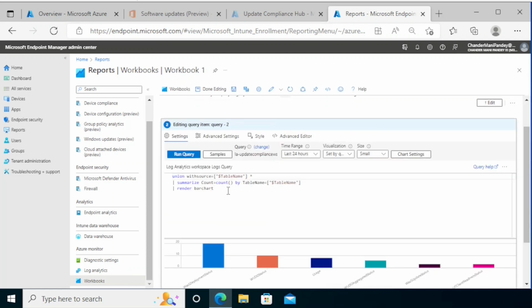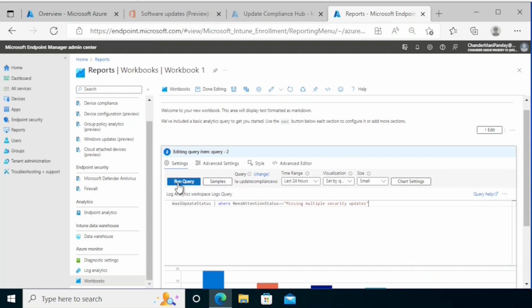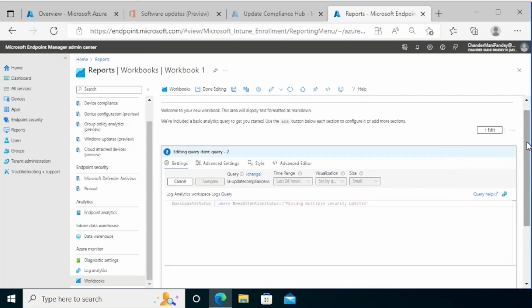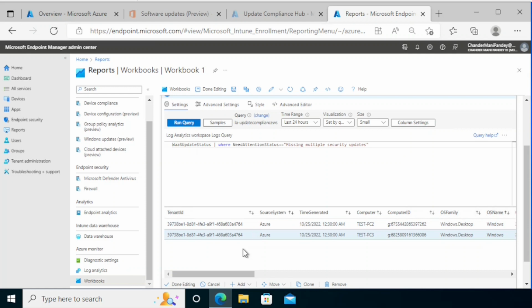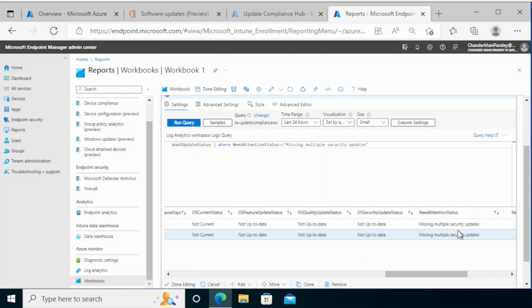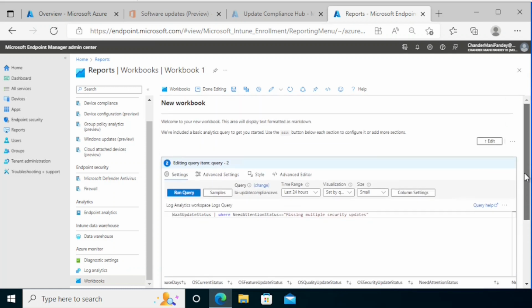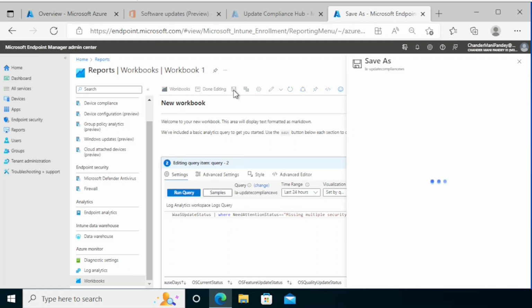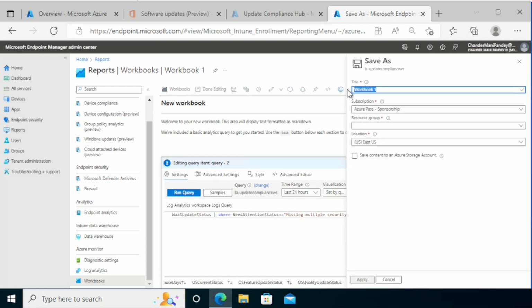Under this log analytics workspace query window, we just need to type the customized KQL queries. For now I'm just creating a report where we have missing multiple security updates, and then we can run this query to test if it is giving the proper output. Now it is showing that I have 2 devices, test PC2 and test PC3, which are showing missing multiple security updates. And then we have to click on the save option, and then we just need to give the title of this workbook. Let's give the name need